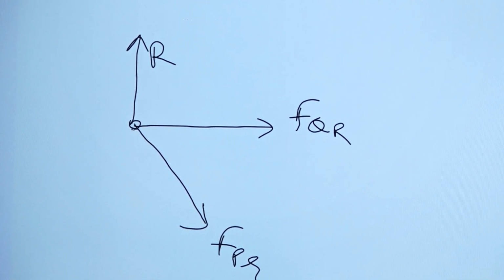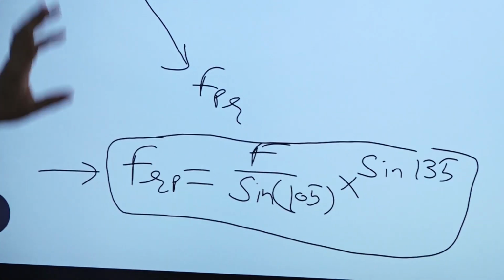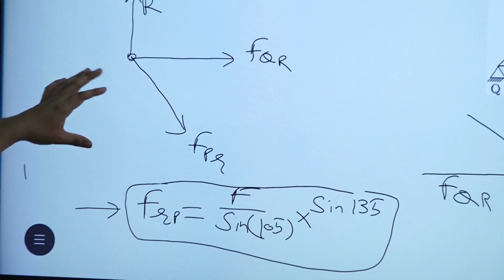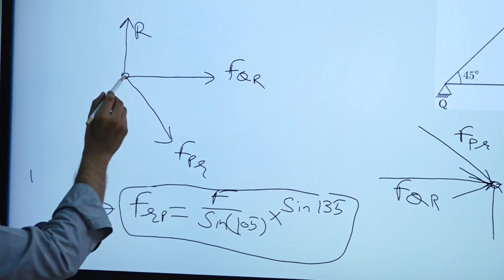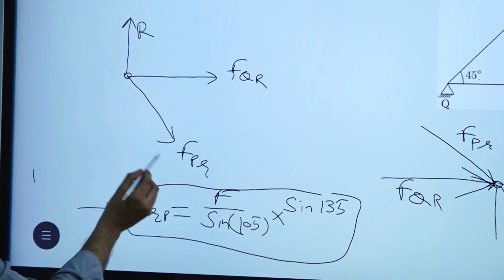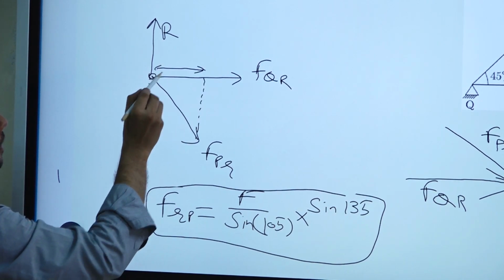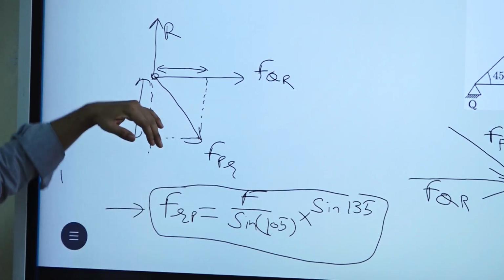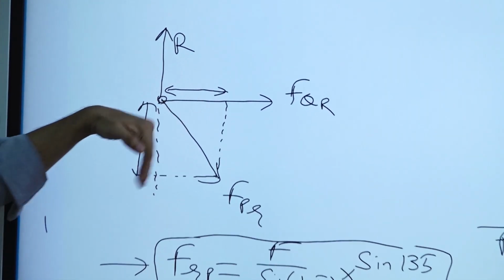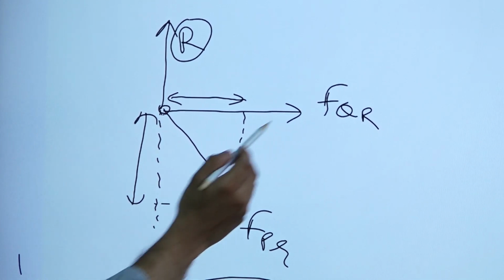So here you don't even need to apply sine law, right? Because directly you can find out the answer. Okay, so if you simply have a look at this problem, you can just resolve the forces, right? How are you going to resolve the forces? Because R is perpendicular, FQR is perpendicular. So this FPR will be having two components, one component here and one component this one. So this FPR is having one component in the direction of FQR and one component in the direction of R, right? So we don't have to find out R. We have to find out only FQR.